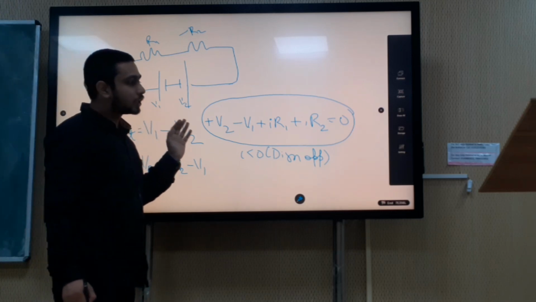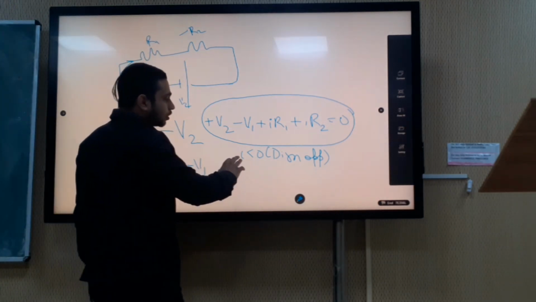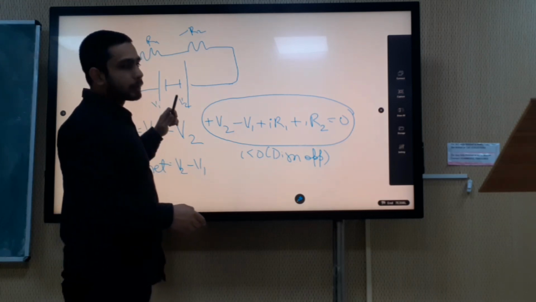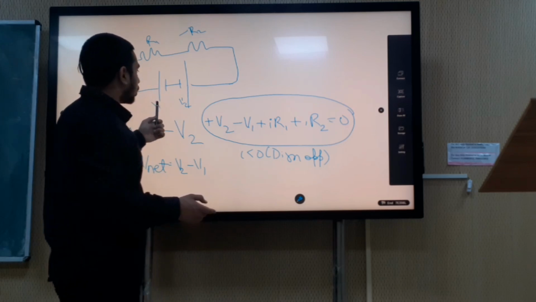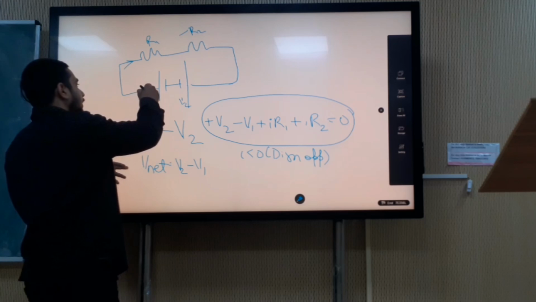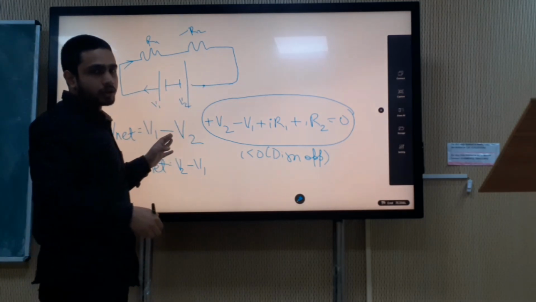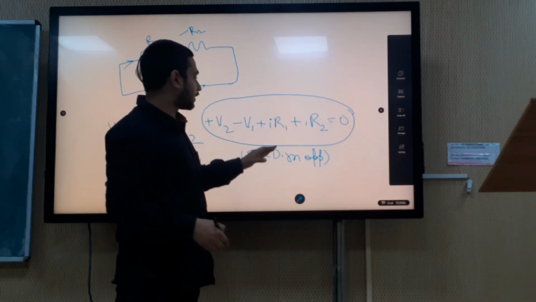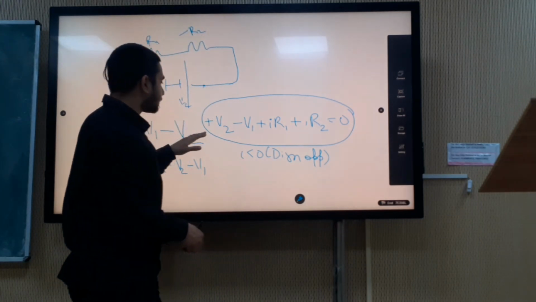So this type of question in battery can also be asked: how to find the direction of the current if two or more batteries are given. If two or more batteries are given, the direction cannot be told from one terminal of the battery. If one battery is there, we can easily tell the direction. But if two batteries are there, we cannot tell the correct direction. So we have to solve this, and if the current is negative, then the direction we assumed is wrong and we have to change it.